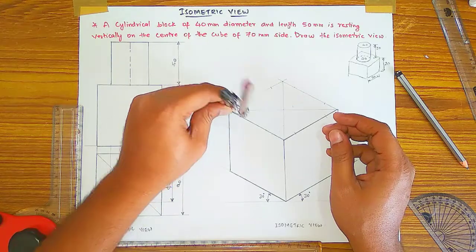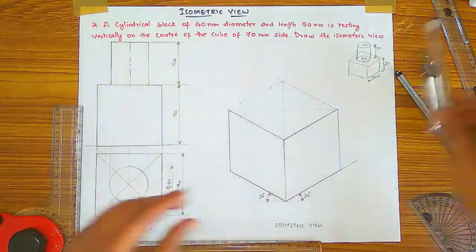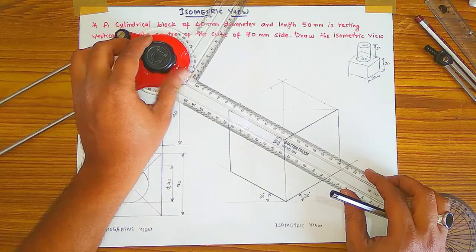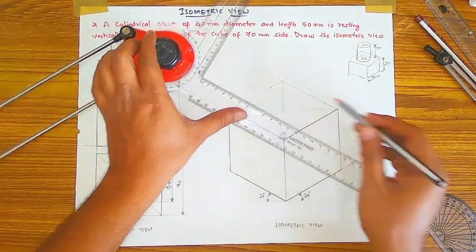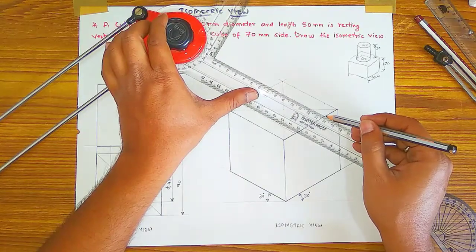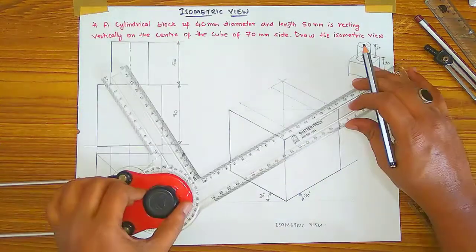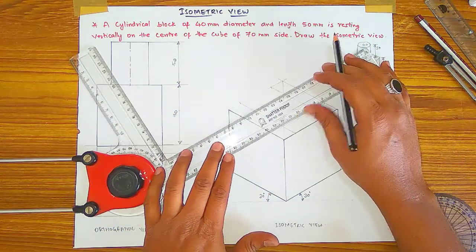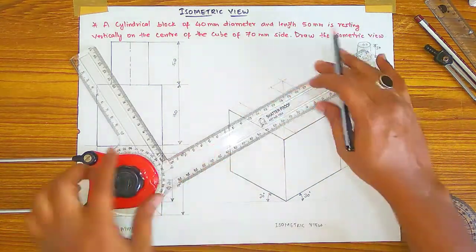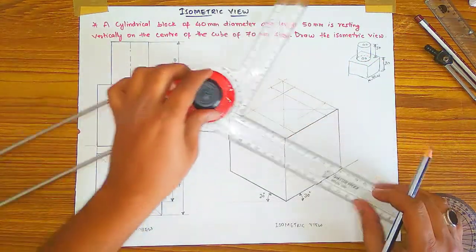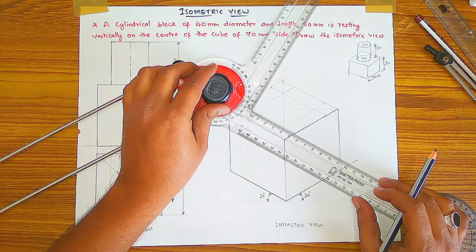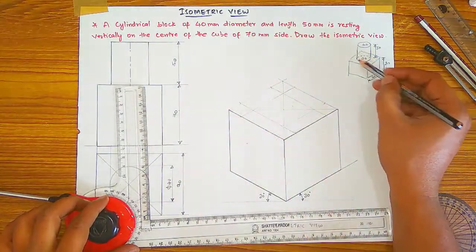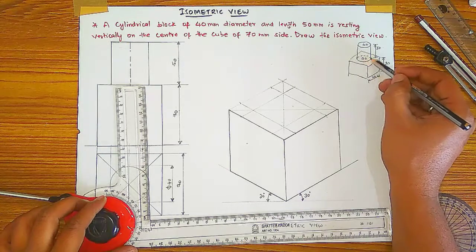By doing this, then join these arcs you have made, like this, and with these lines also, automatically you will get the rhombus of this cylinder, 40 mm. So adjust it. Here you get the 40 mm rhombus. So in this rhombus you have to draw the bottom circle of the cylinder, 40 mm.